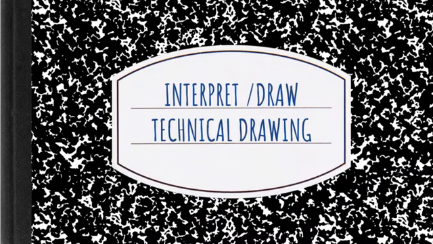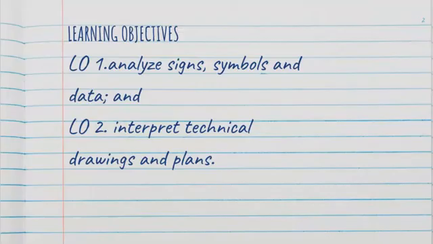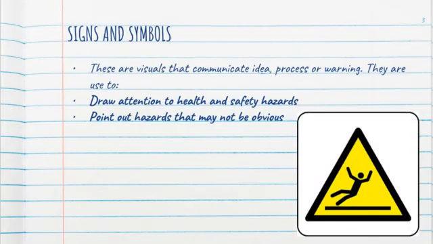This lecture is on interpreting or drawing technical drawings. So we have two learning objectives: analyze signs, symbols, and data, and interpret technical drawings and plans. We're going to start with signs and symbols. So signs and symbols are